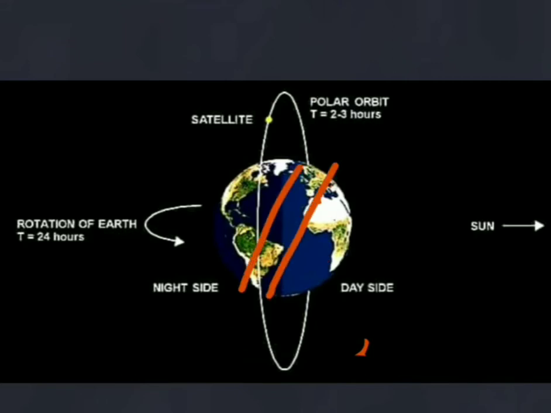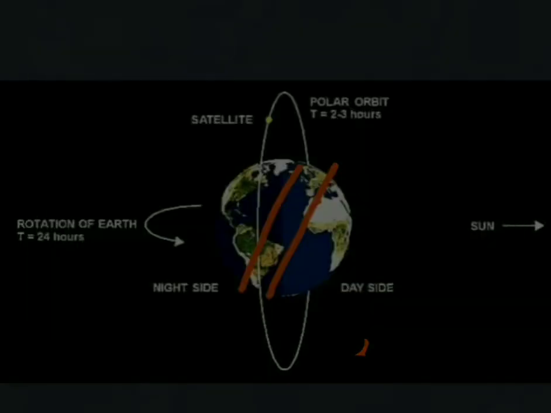So in the first round it takes the photograph of one patch of the Earth, one strip of the Earth. In the second round another patch, in the third round a third patch, and so on, and it will take the photograph of the complete Earth. And this cannot be done by the geostationary satellite. So this is the job of a polar satellite.